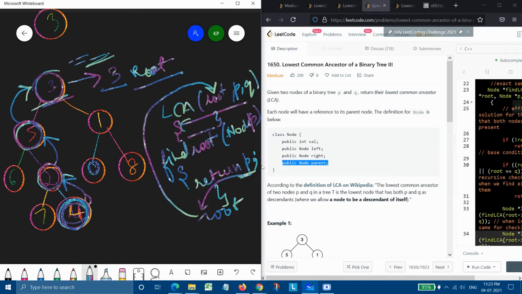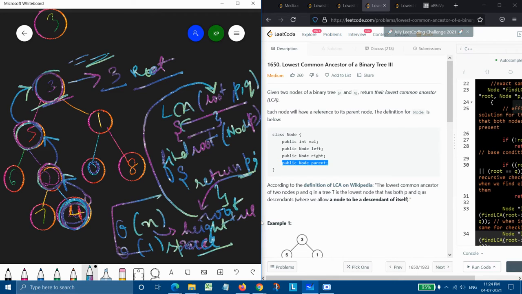So the whole question will again be of order n complexity, where n is the height of the tree, and order 1 space complexity, if we simply neglect the recursive stacks, because we are using a DFS based approach, and DFS is basically based upon recursion, and recursion is based upon recursive stacks. So that's the complexity of this code. Now comes the coding part.